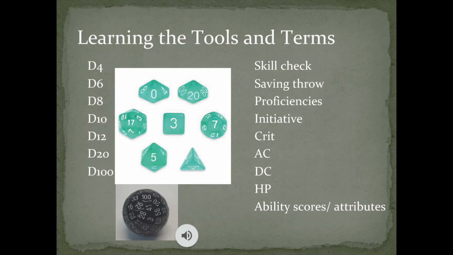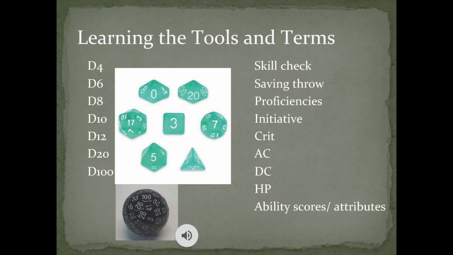Proficiencies are what your character is trained in, what they've studied and gotten good at. So, for example, a barbarian, as a physical fighter, is much better at pushing and jumping, so athletics and acrobatics, and so they have proficiency in those skills, meaning that they have additional numbers they add to their die roll beyond just their ability score.